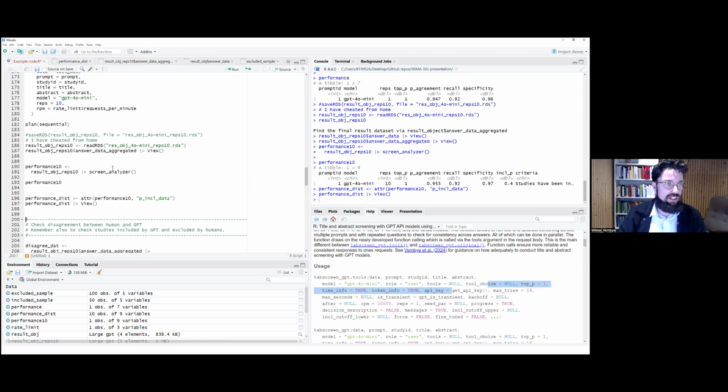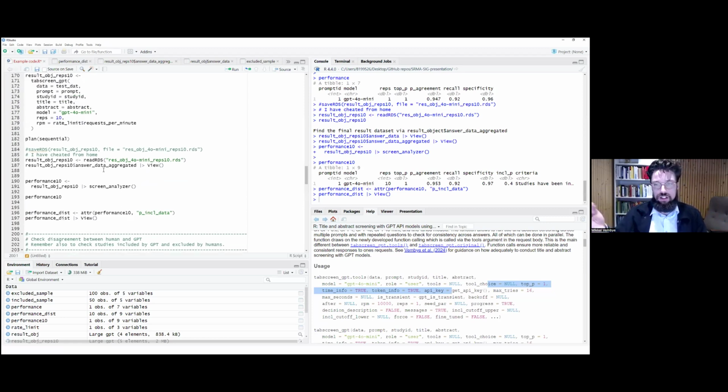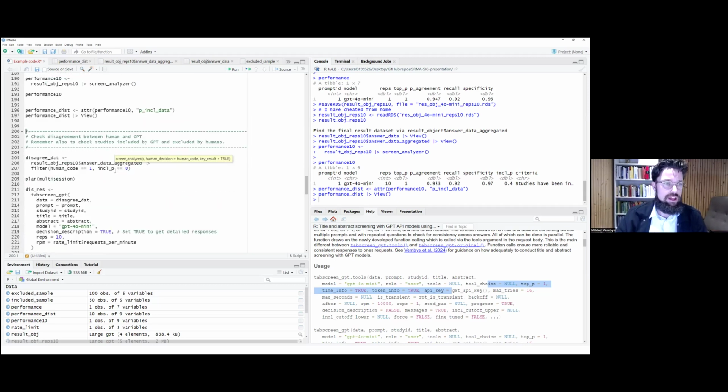So I really think in this case, if I should use it, I would say okay, we use 10 screenings and we decide whether a title and abstract should be included if it has been included in 1 out of these 10 screenings, just to be sure that we are not overlooking anything. Then the next step, I will speed up here, and this is not something we have written much about, but something I think is very important is we